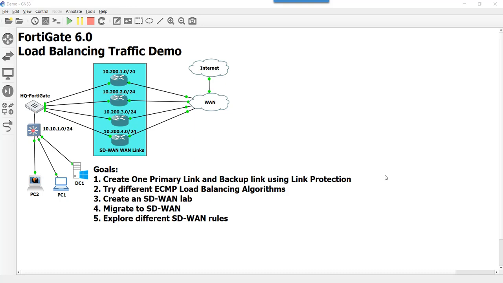So in the last video, we migrated to the SD-WAN, and what the SD-WAN does is we can throw links at it, so pretty much different circuits from different providers, throw it to the FortiGate, and the FortiGate will start using it as a single logical interface. But it's more intelligent than that. So we're going to see in this